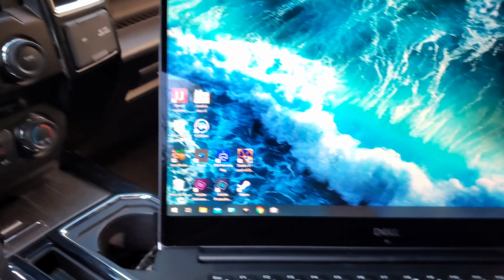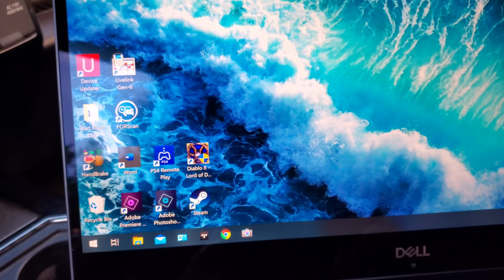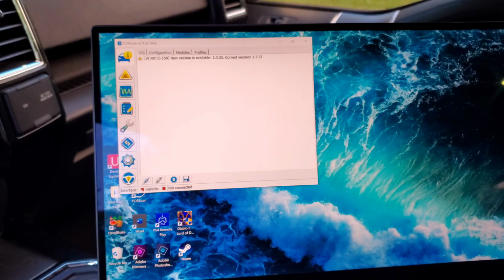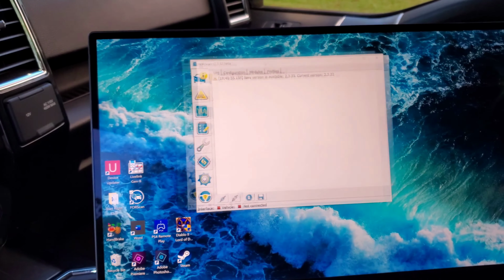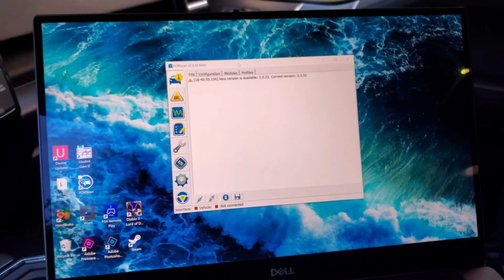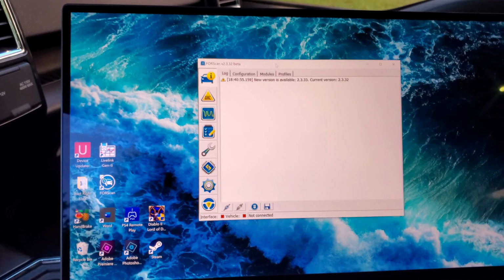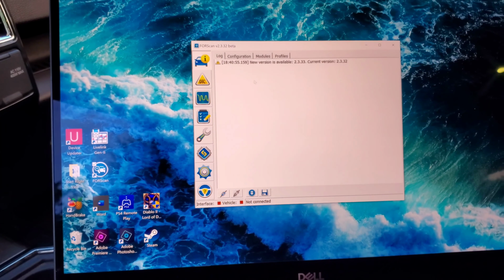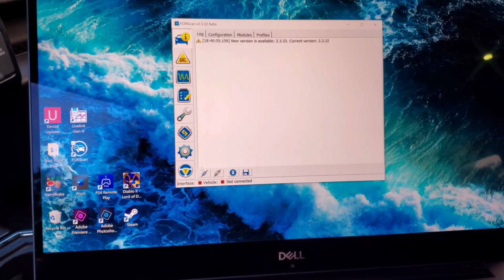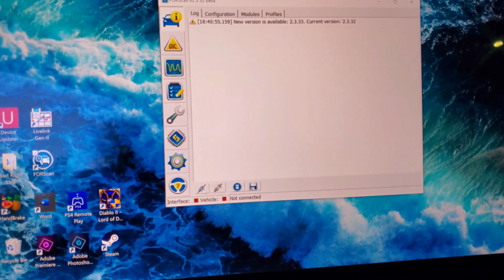Got that plugged in, got the laptop fired up, so we're gonna go to Forscan. We're gonna open that up, and if you don't know how to get Forscan, it's pretty much go to the website, download it, apply for a license, you get your license, and then you start modding. So we've got our Forscan here booted up. We're gonna go to this one right here, connect,